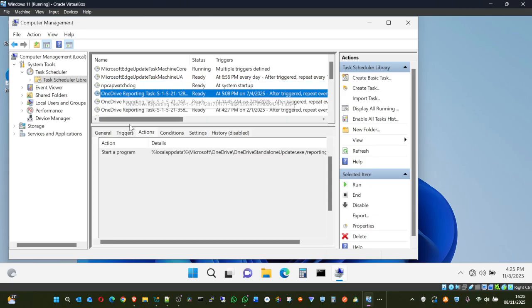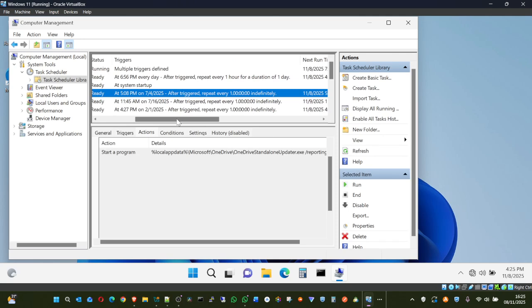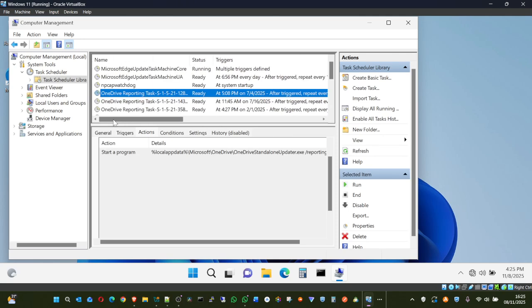OneDrive. This is OneDrive that is copying data on your computer, making sure that whatever you save on your computer within a short minute is uploaded to the OneDrive server. Well, I'm sure many of us will understand what I mean by OneDrive, which is a cloud backup service from Microsoft.